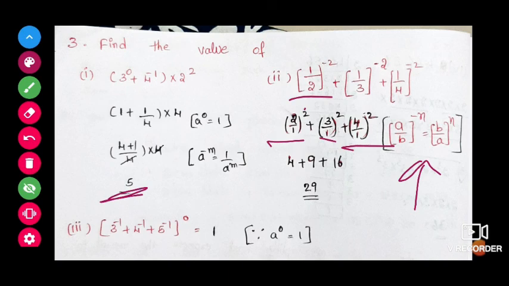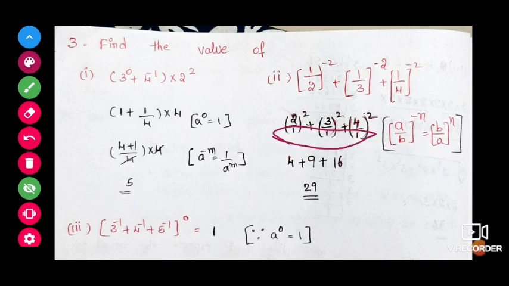Now, part 1 in a denominator, there will be no change. Even if it is there or not, nothing will happen because of the 1. We will multiply with the 1, no change. If we divide with the 1 also, no change. So, what else will be there? 2 square. 2 square means 2 into 2, 4.